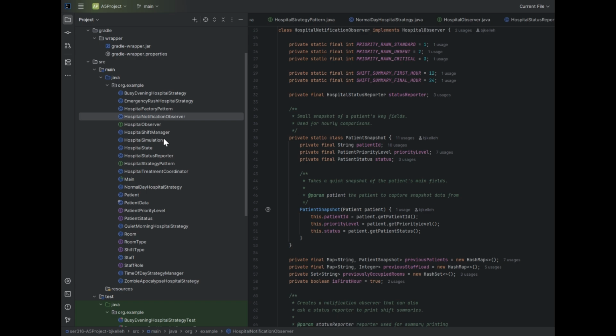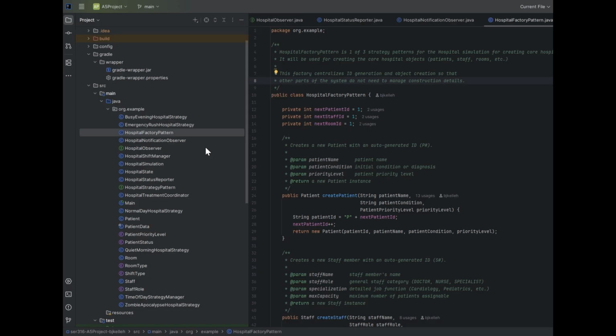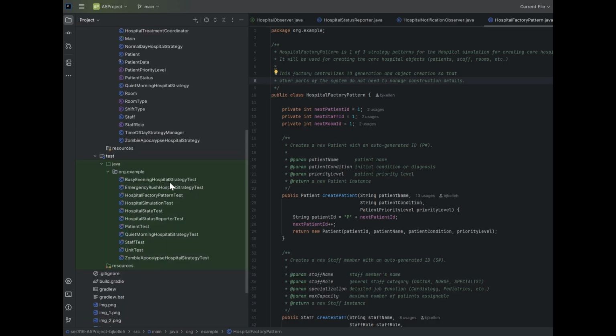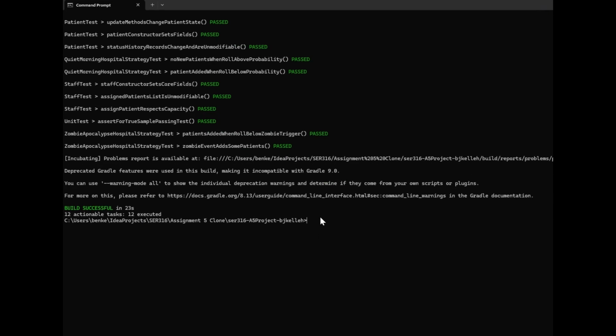I also used a simple factory pattern here just for our object creation with the patients, so it's done in a consistent way. And we saw that our code coverage was at 79%. Down here I have test classes that relate back to most of the core classes, and we saw those tests passing with the build. If we go back over to our command prompt here,